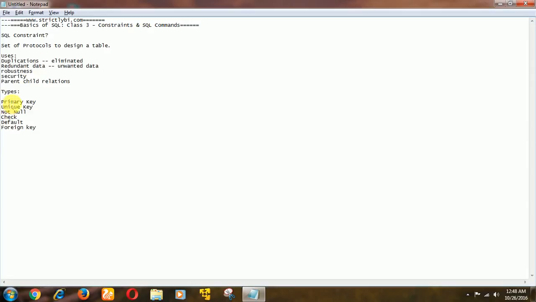Regarding the primary key, we are going to see what a primary key is, what is the use of a primary key, and what exactly the primary key does. In regard to RDBMS databases, the primary key plays a major role. As I said, the duplication, the redundant data, the robustness and the security come under this primary key. Say for example, you are creating a table called table A,